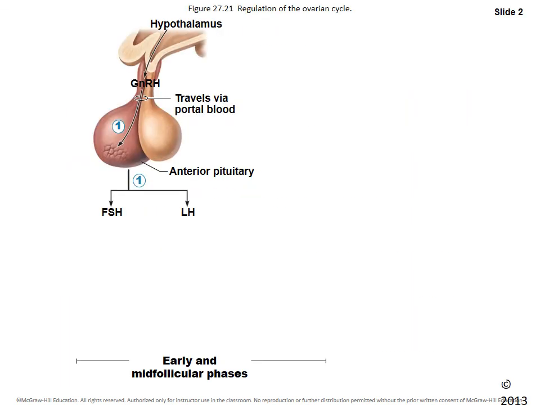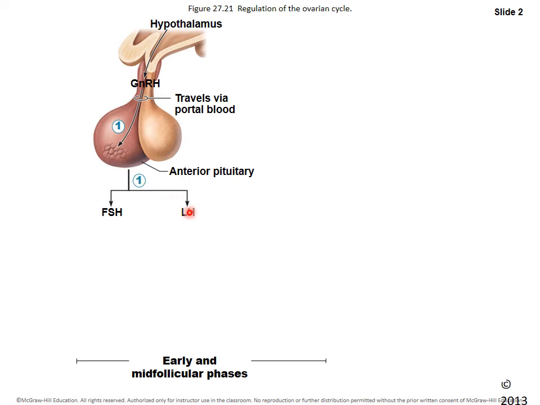Now, this is a diagram that I took from another book because I think it shows a little better than our previous diagram what the various hormonal interactions are. And we do have a set of terms in our list of terms under endocrinology that we want to refer to here. And so we begin again with the anterior pituitary at the beginning of the 28-day cycle producing levels